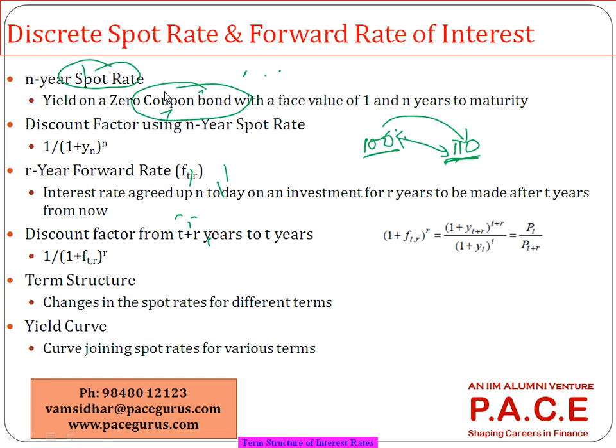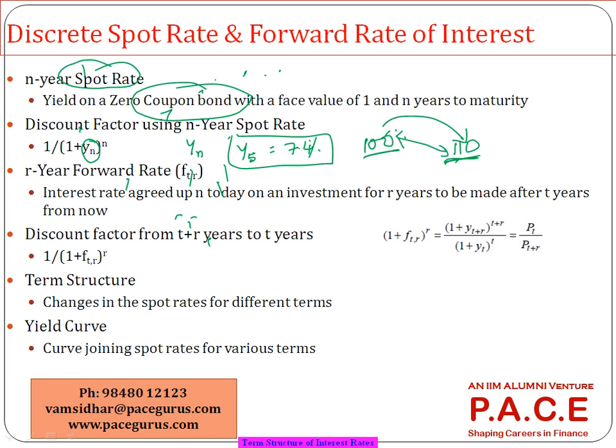If you know the N-year spot rate yn, if yn is equal to the 5-year spot rate, or if someone says y5 equal to 7.4%, then it is nothing but a 5-year spot rate equal to 7.4%. Now that you know the 5-year spot rate is 7.4%, you can find out the discount factor to each, so that